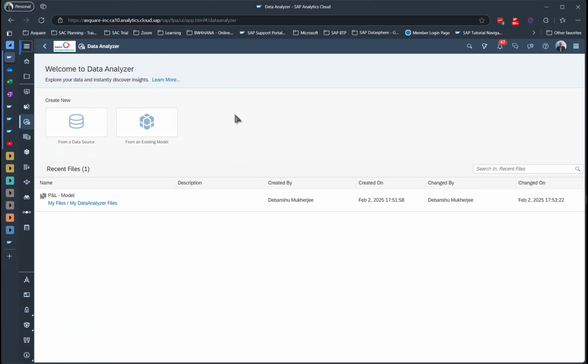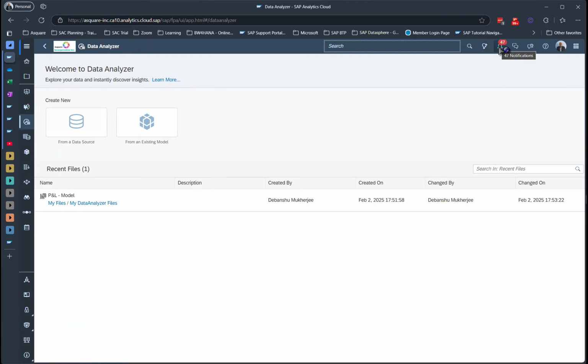And then on the right hand side, whatever you choose, you will get the editor option, where you can create things. On the top, you can see there is a navigation bar here also. This is the left hand side navigation. This is the top menu bar where you can search for things. This is your Just Ask. Just Ask is an AI functionality. So when you use AI algorithms, you can use the functionality called Just Ask.